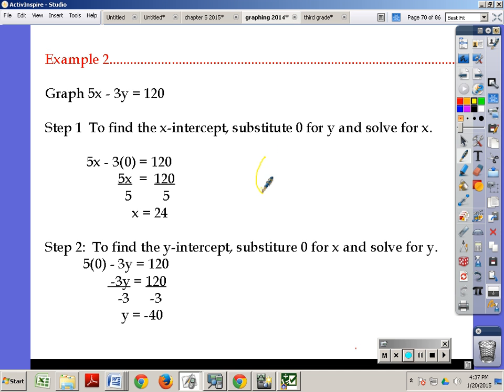This tells you when x is 24, y is 0. When x is 0, y is negative 40. Our rough sketch of that: x is 24 when y is 0. When x is 0, y is negative 40. We're going to have a line coming through right